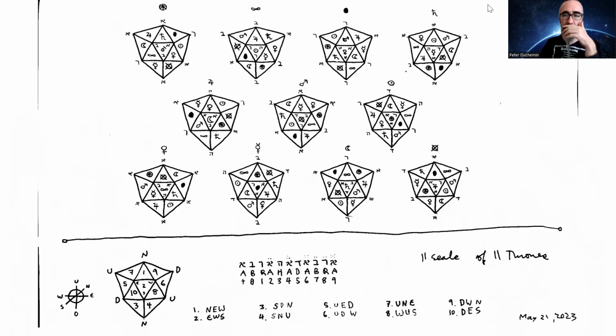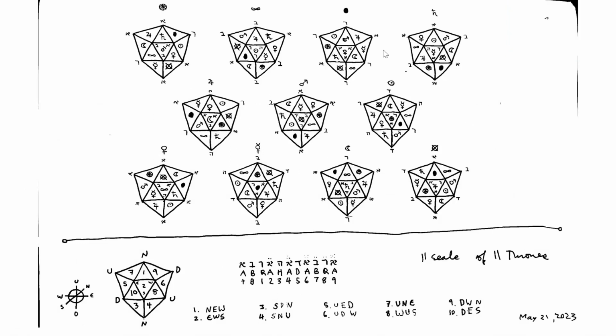Okay, and so here's what my version looks like. And I've got the Hebrew letters, and you can see the Kether seal has the letters assigned to the points. So, for example, this gate here, which is going to go into Jupiter, right? So it's going to go into here. It's got Aleph, Aleph, Bet. And then you go to the Jupiter, and you can see that the gate leading to Kether is